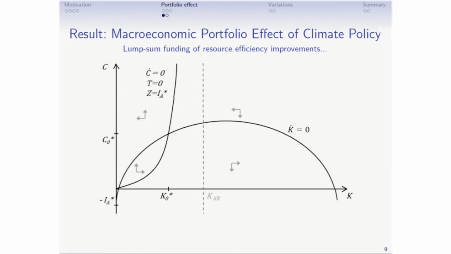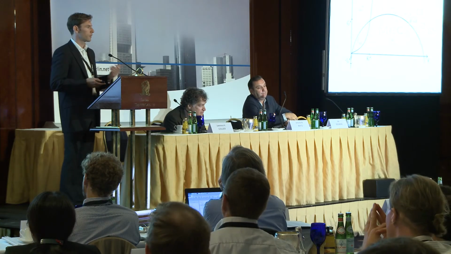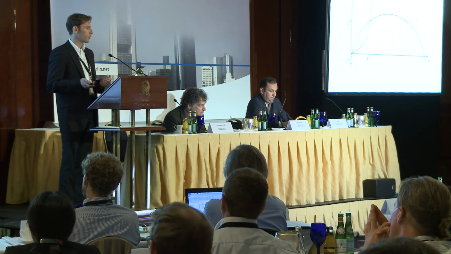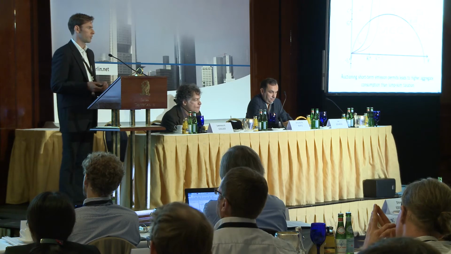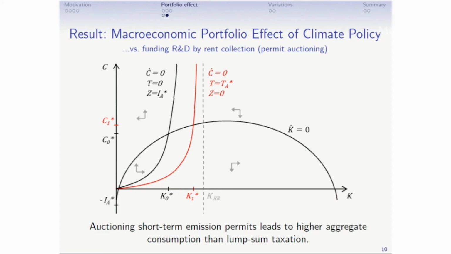And in this case of an OLG, the Keynes-Ramsey level of capital can be considered the social optimum. And you see here that there's underaccumulation. So capital levels and consumption levels are lower than in the Keynes-Ramsey case. Okay, and this is of course due to the generation replacement effect. Now if I auction some of the permits and I reduce the generation replacement effect, the hyperbola shifts downwards, but the intersection of the two curves shifts upwards. So I have higher capital levels and higher consumption levels. And this shows that auctioning short-term emission permits actually leads to higher aggregate consumption and is preferable even to lump